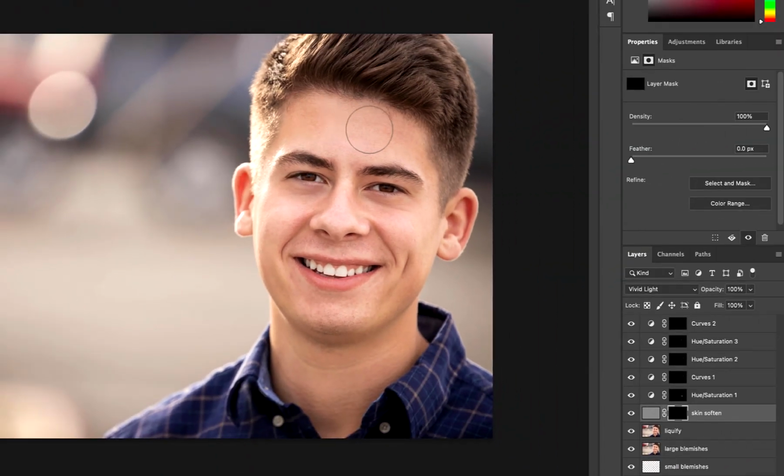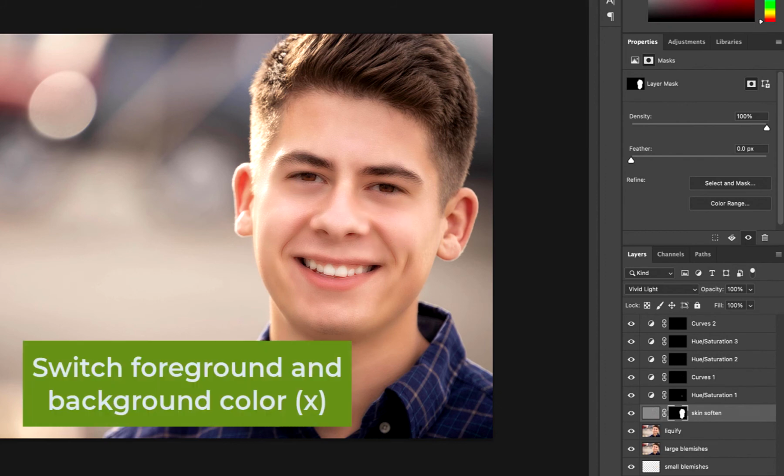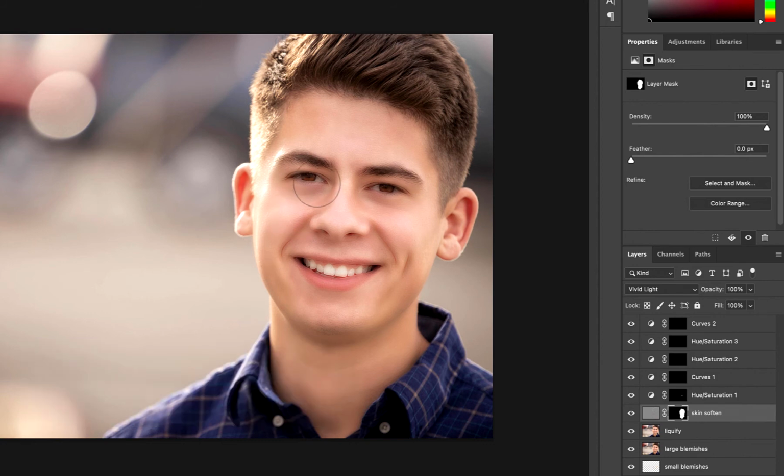In fact, what I'm going to do is just paint it over his entire face. I think it's easier to do it this way, where I just paint everything in, including the eyes, the nose, and the mouth. And I know I just said don't soften those things, but I think it's a little bit easier to do it like this, where you just paint everything in, and then press X on your keyboard to switch your foreground and background color. So now we want black to be our foreground color. Make your brush smaller,